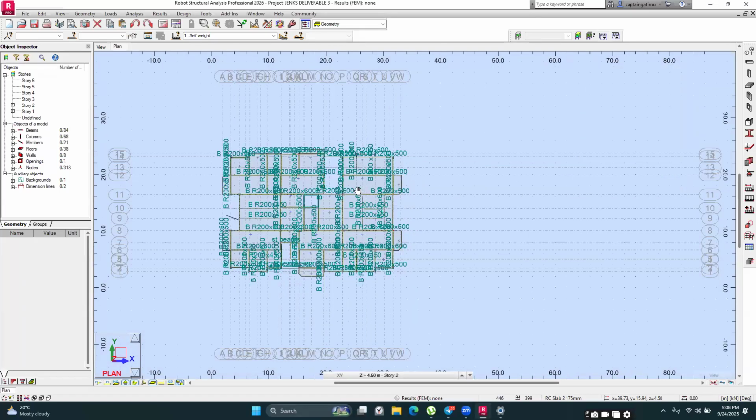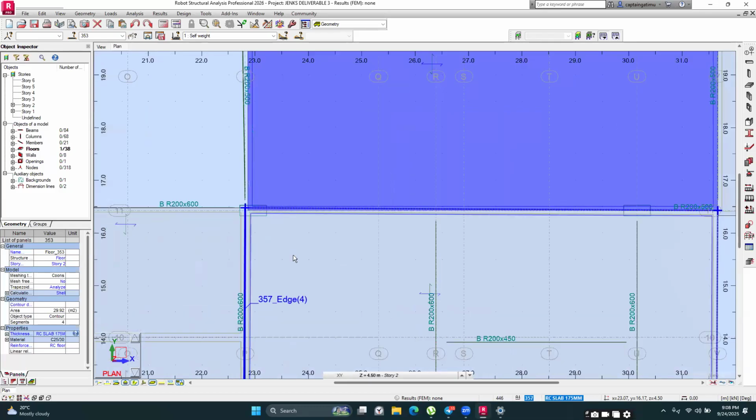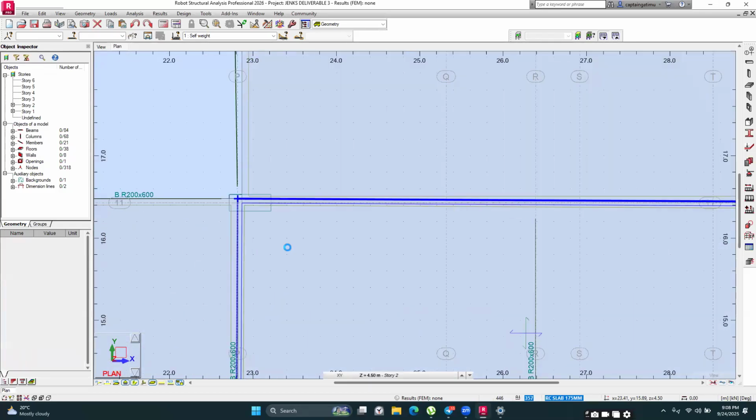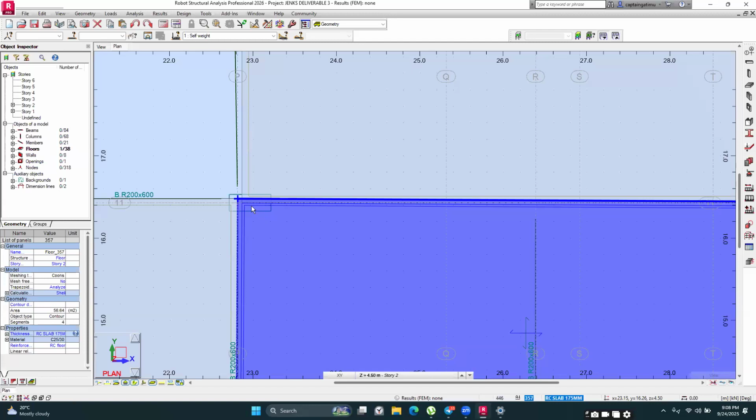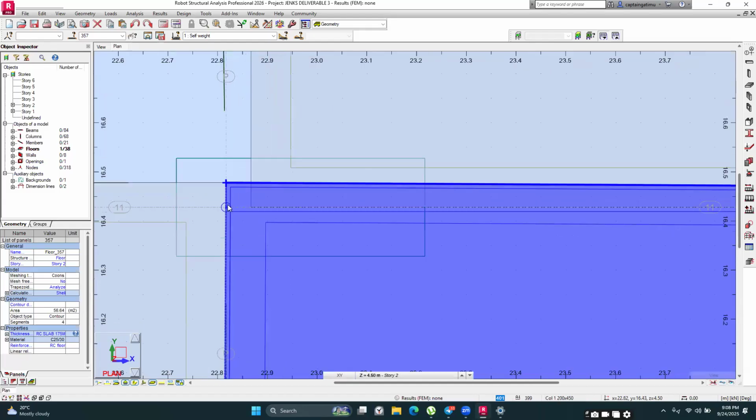And then for the overlapping slabs, such as these ones, you can see these two slabs overlap. You have this slab overlapping on this one, and then this one going into this one. So Engineer Abraham has covered these quite in depth. All you have to do is select the panel, then click on the slab itself, and then snap on the correct